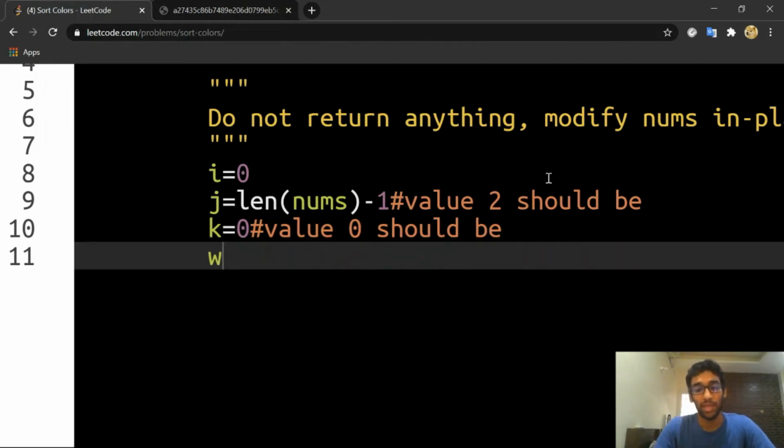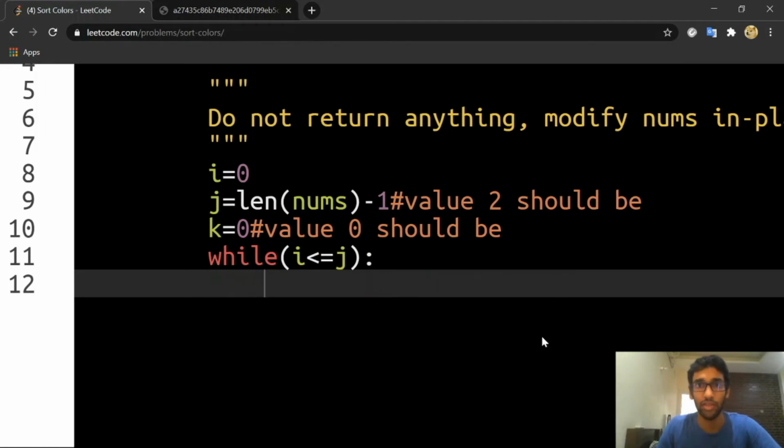Basically we run a loop from i to j. The reason for this condition is that the i pointer's role is to cover every unvisited index, and since we initialize j to the last index, it covers every unvisited index. And if we swap 2 to the last index j, we've obviously visited it because we've put 2 in its correct position already, so we don't have to visit after the j index.